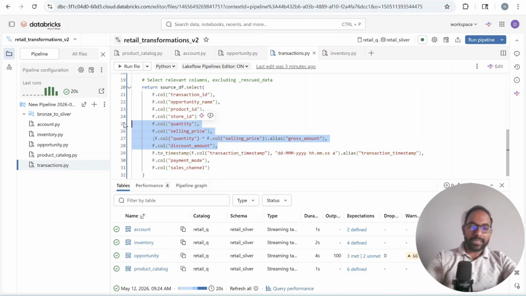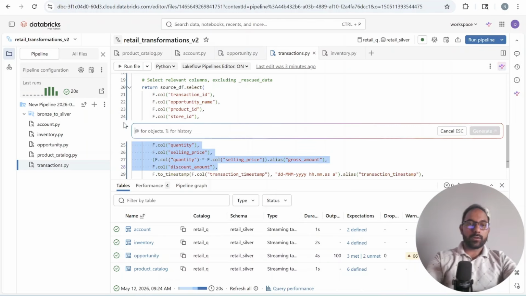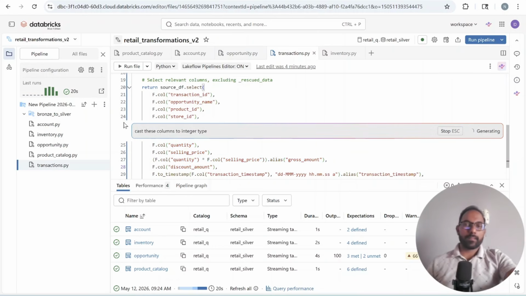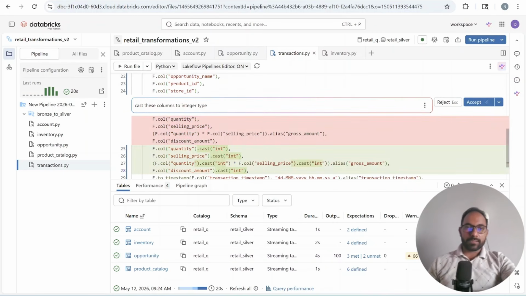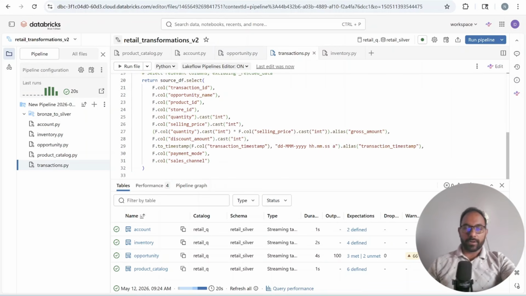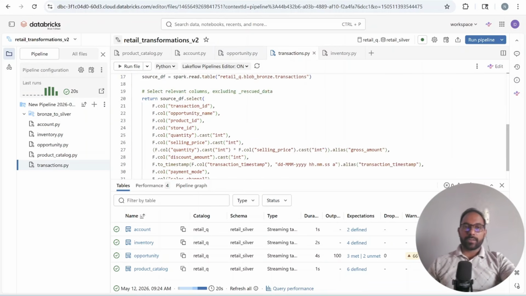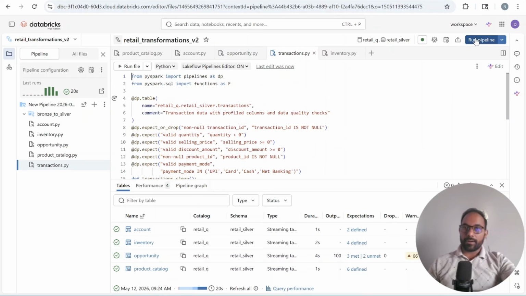So I will select this, press Control I so that we can use Genie code for the same. So cast these columns to integer type. So it will automatically cast it for us. We don't have to manually write any code. So with this, the casting is done now. We will accept it. And now the code is ready. So we will go ahead and run our code now